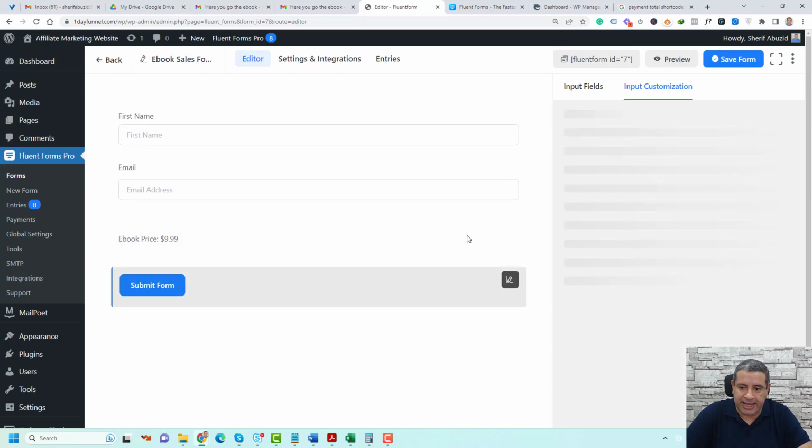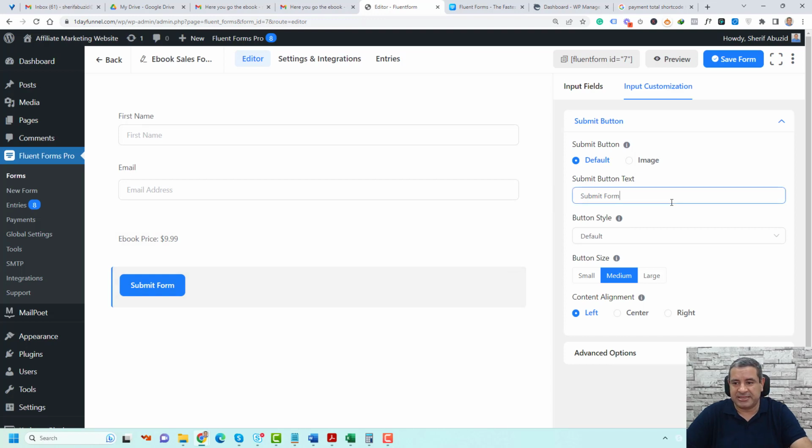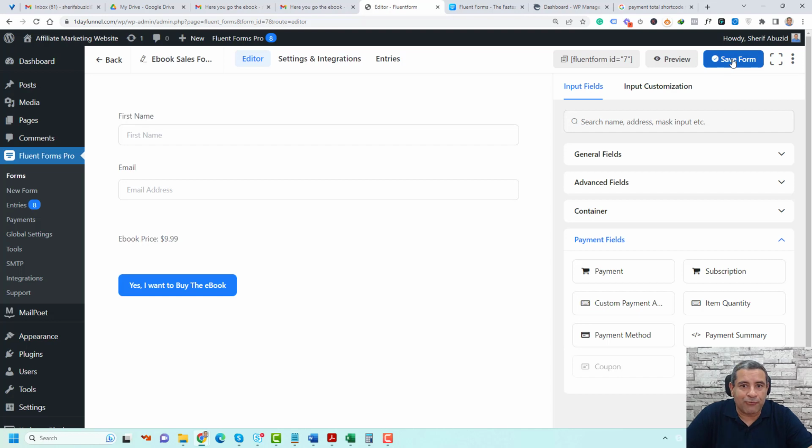So let's go here and change this to be something that makes sense. I think this makes sense now. So let's just click save form. Now our form is ready to be used inside our WordPress website, but still we need to make like 2